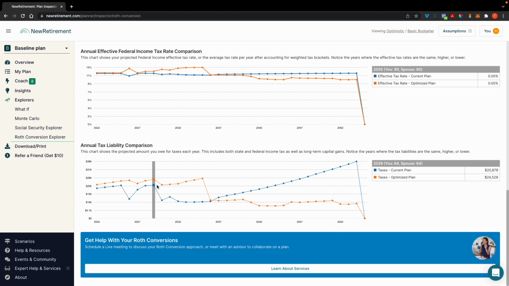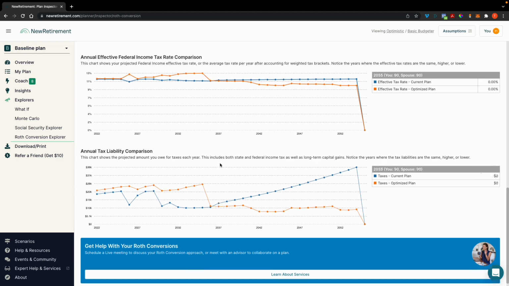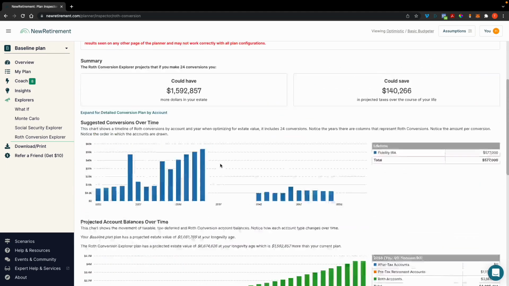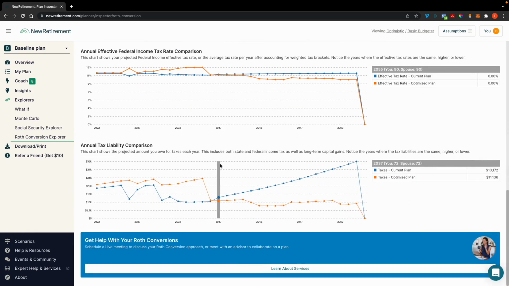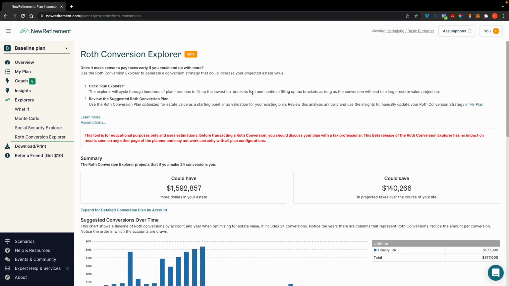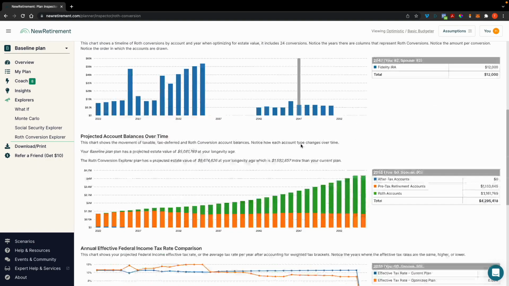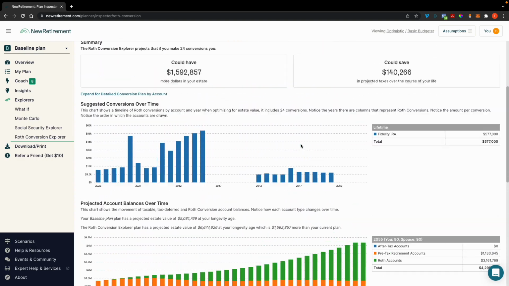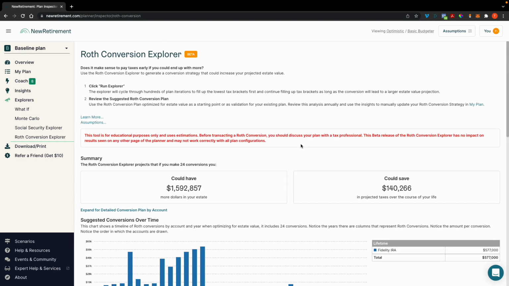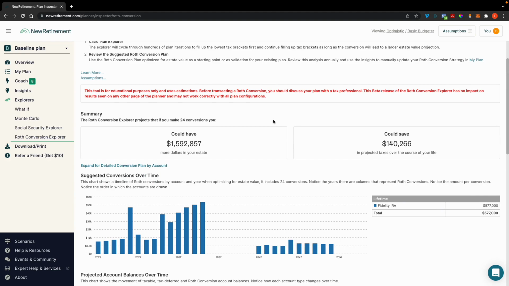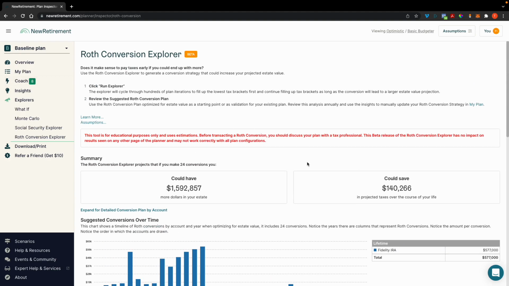And then use NewRetirement to see not only the taxes that you could potentially save, but the additional value that you could gain from doing the conversion. Okay? A lot to take in here. The more time you spend in this, the more it's just going to make sense. So I would encourage you to spend a good amount of time on this page and read everything that you see here.